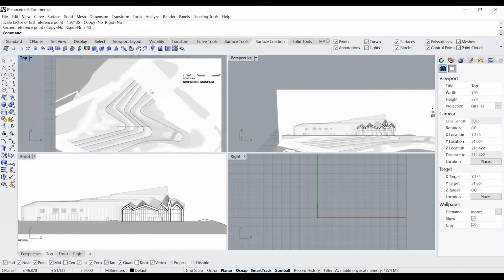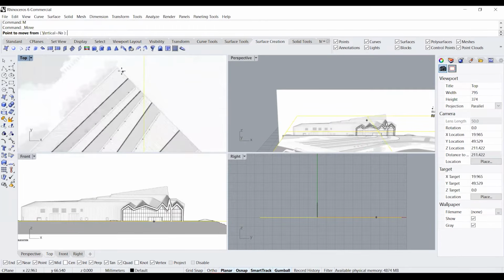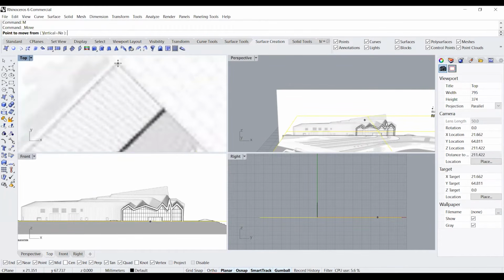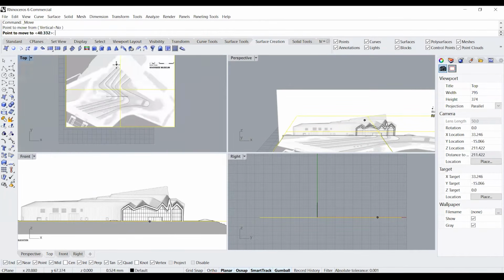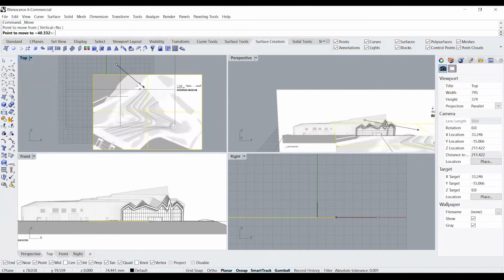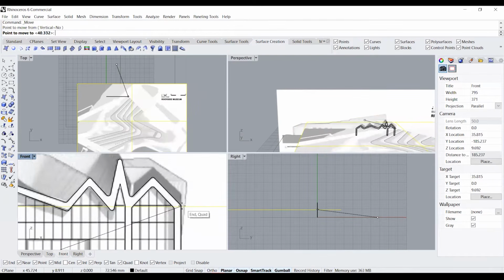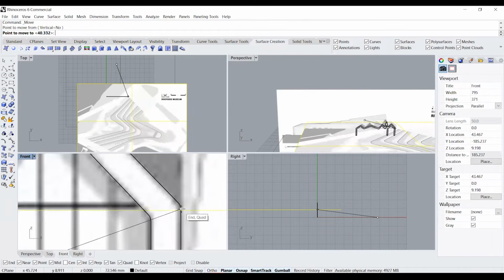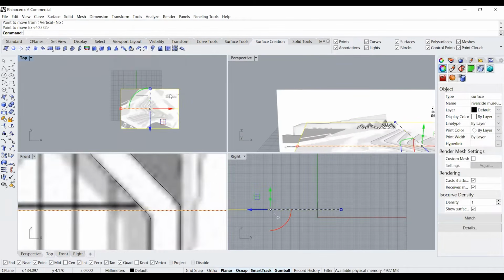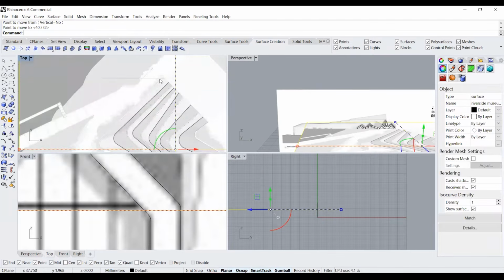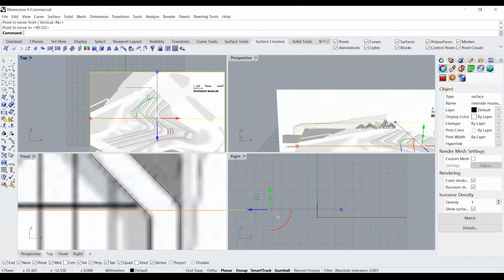Now we're going to move our plan such that the edge of this particular plan sits at the same edge in our elevation. You can see that we placed it accordingly.